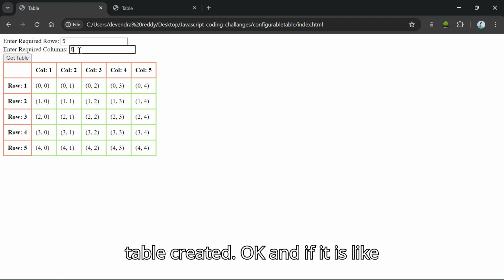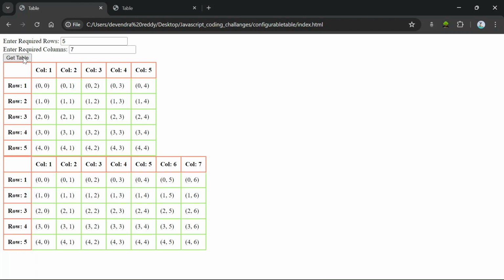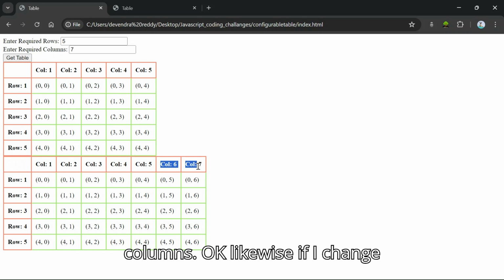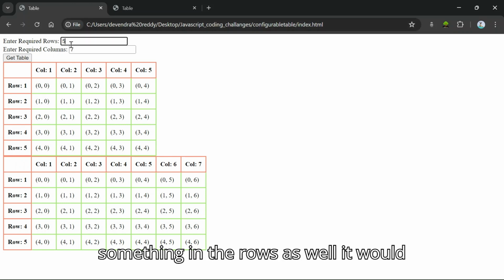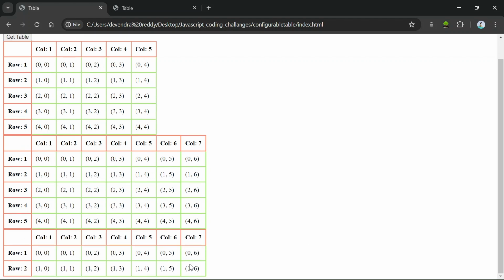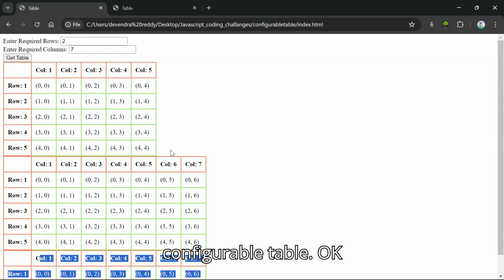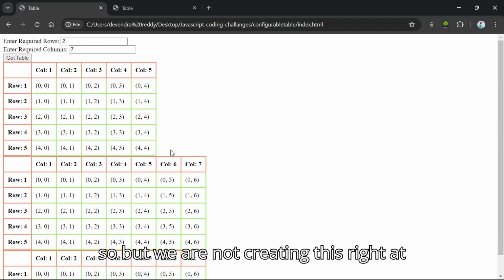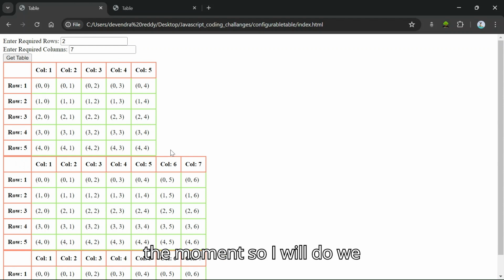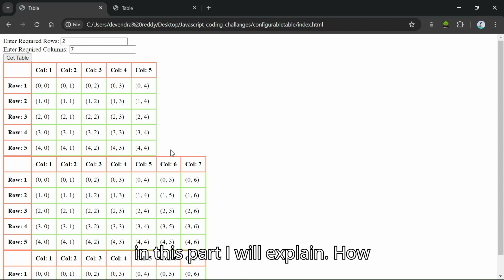Once I change this to 7, you can see 7 columns. Likewise, if I change something in the rows as well, it would create 2 rows with 7 columns. So this is a configurable table. But we are not creating this right at the moment, we can create this in the next part. In this part I will explain how we can create a static table using